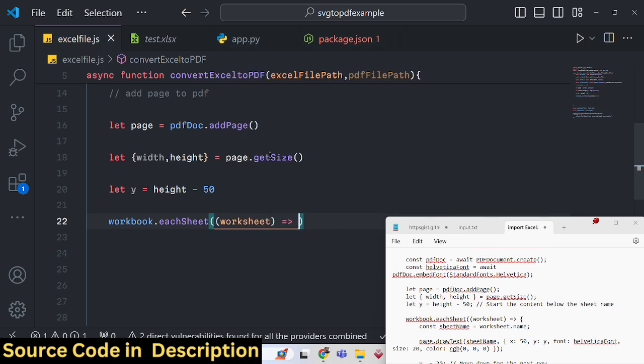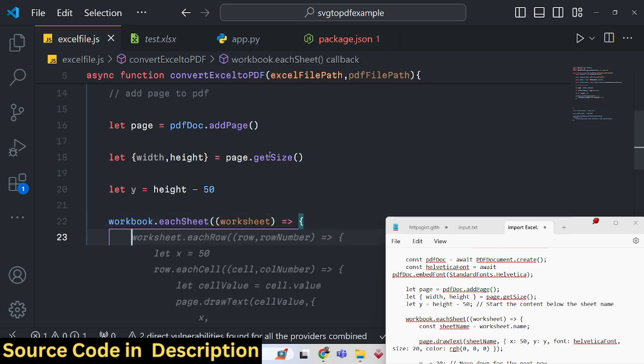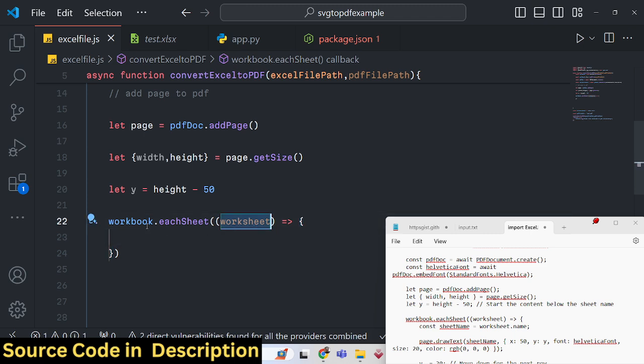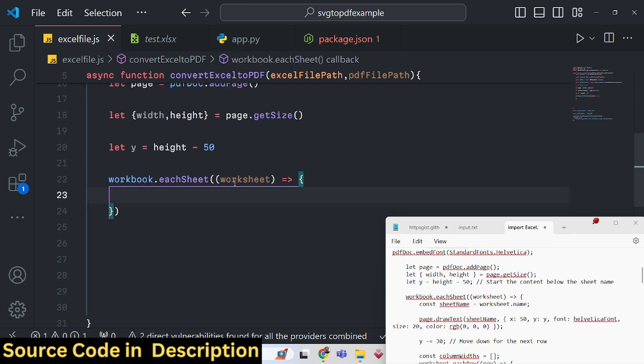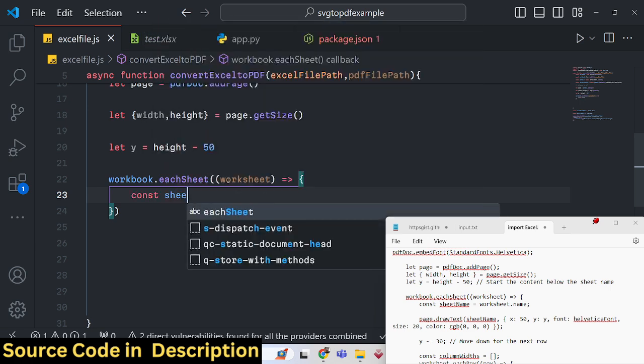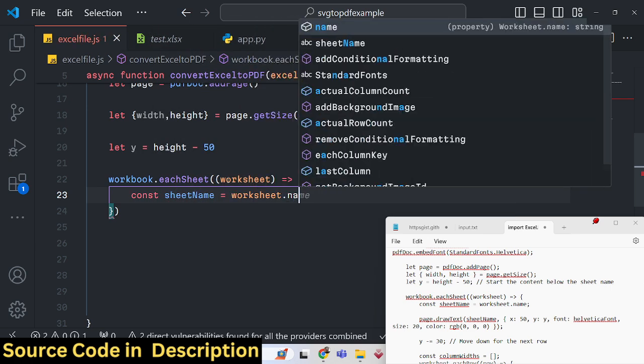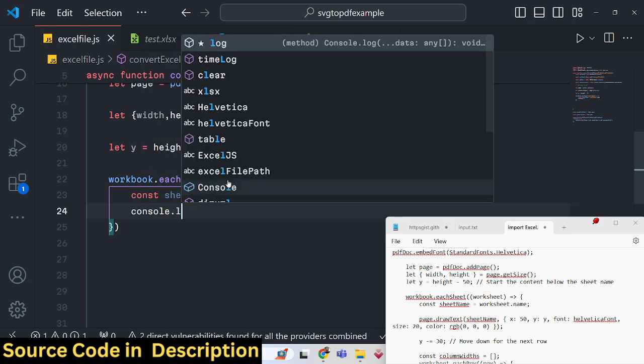So in the Excel file there can be multiple sheets as well, but in this Excel file there is only a single sheet which is random generator. So we need to loop through all the worksheets in the Excel file by using this eachSheet function. So it will loop through, and first of all we will be printing the name of the worksheet by using worksheet.name. So if you just console log it,